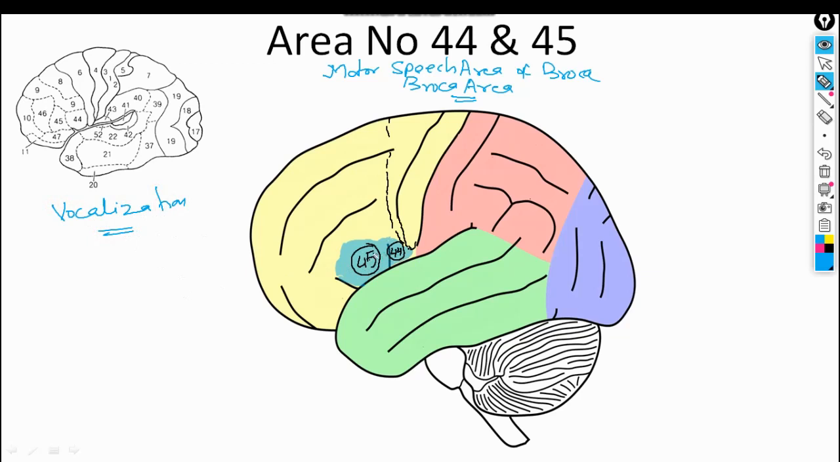This area 44 and 45 has a good connection with the motor area. Here this is area number 4 and this is area number 6. I have told you earlier that area number 4, as you know, is voluntary control of the opposite side of the body. But I have told you earlier that except the tongue,